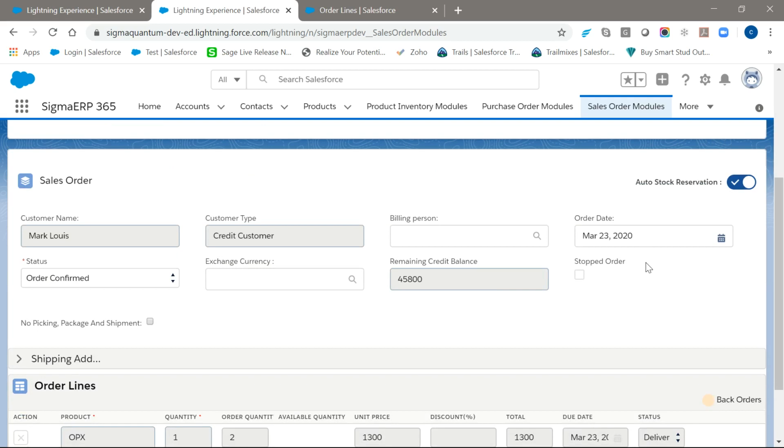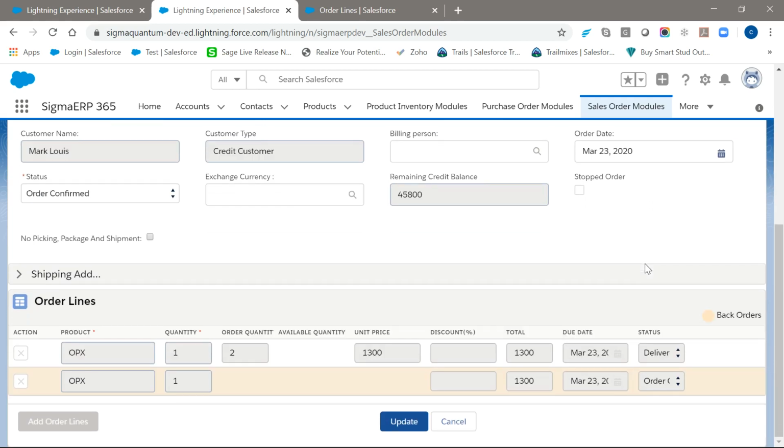which can be used if there are several lines, like 150, 200 plus odd lines, and it's literally not possible to go to each of the lines and manually allocate or press the auto allocate button on each of the lines.